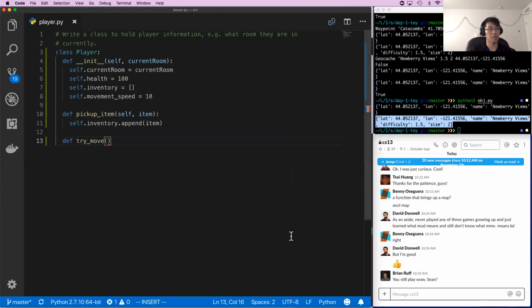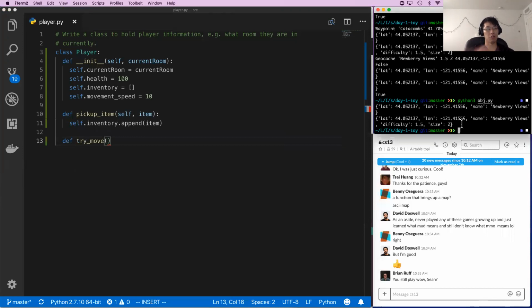Like a try move function, right? And again, this is kind of specific to our text-based multi-user dungeon because there's no visual component. When we type in a direction, we don't necessarily know if there's a direction we can actually go in, right? So it's a bit of a different paradigm in that sense, right? So let's say direction and well, we already have current room available. Try move, and then